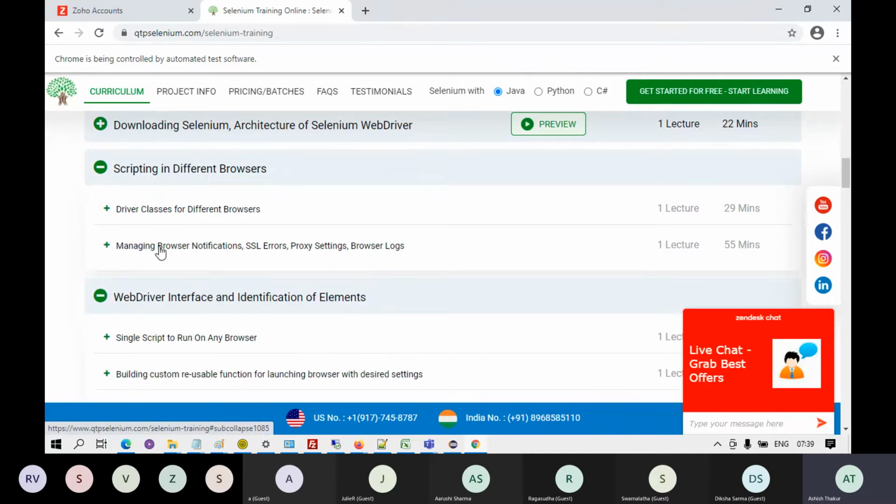You will have managing browser notifications, SSL errors, proxy settings, browser logs. Okay, just have a look at this. Right, it's just around 1 hour. It will tell you everything.